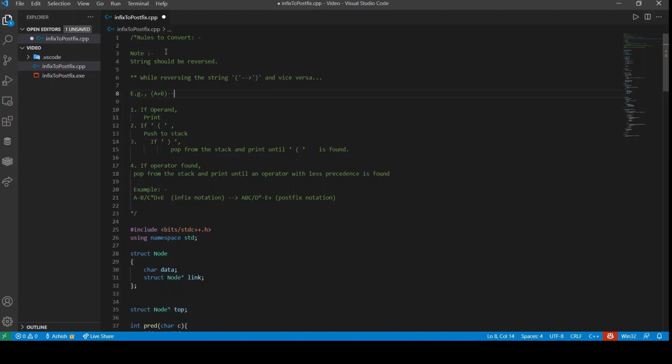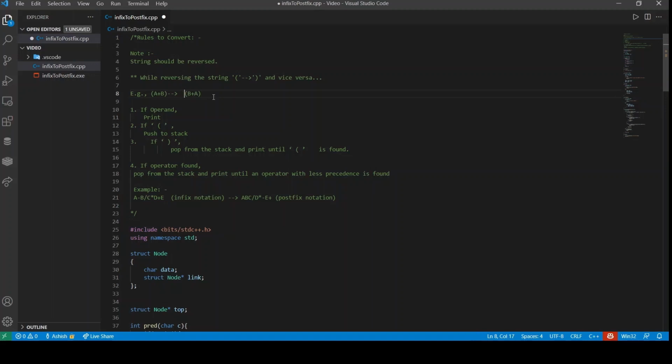Now the reverse of this will be this, and this, right? And this would be the reverse of the string, but actually we don't want this. Instead of this we want this, and not the other one, right?